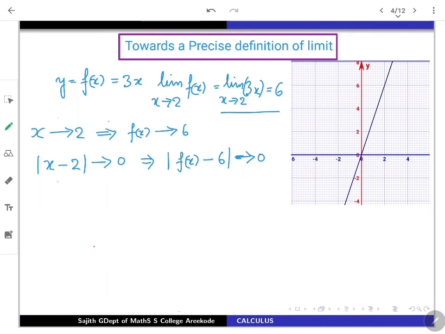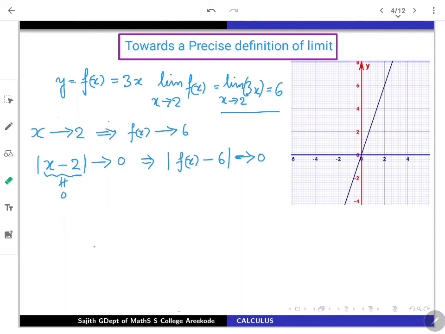But you have to remember that while evaluating the limit, it's not necessary that x should be even defined at 2. So you are approaching 2. You never say that x is equal to 2. So how to avoid that? You are not going to allow it as 0. So it's a modulus of a function. It's always non-negative. Here in particular, you are not at all concerned with x equal to 2. See, always mod a is greater than or equal to 0. If a is different from 0, this is strict.